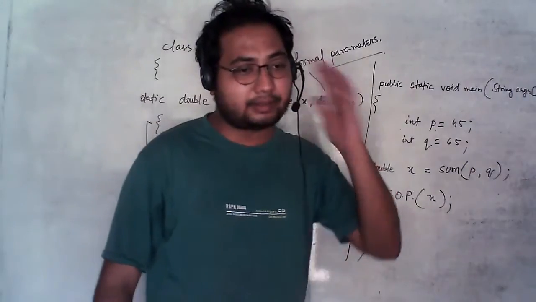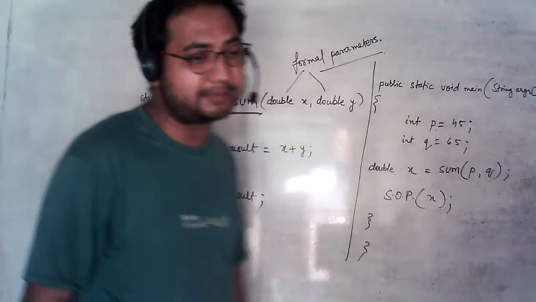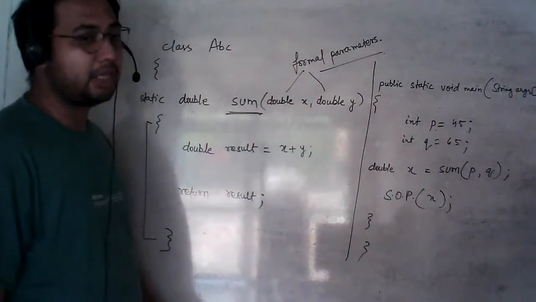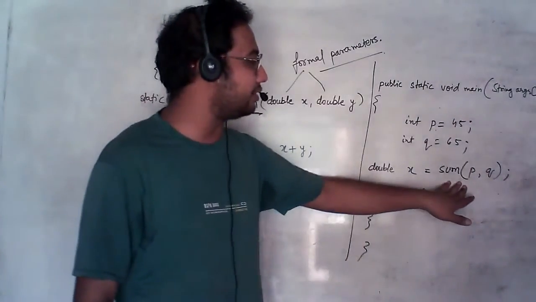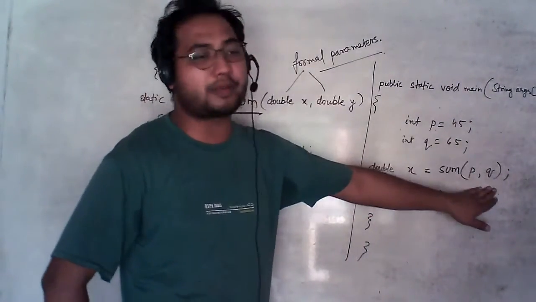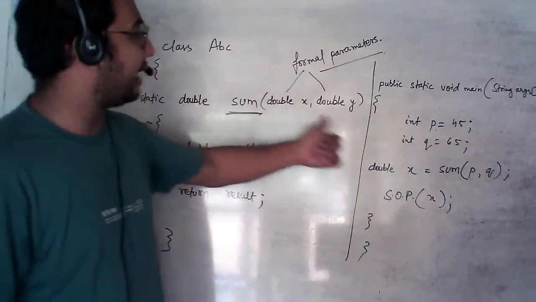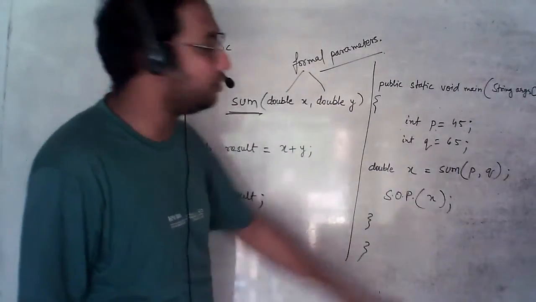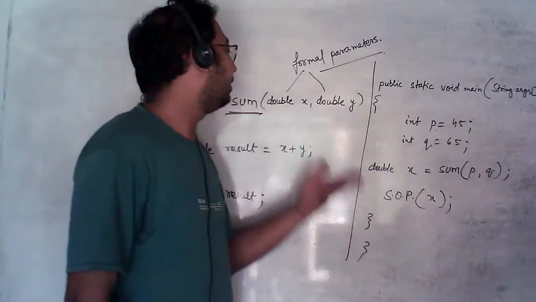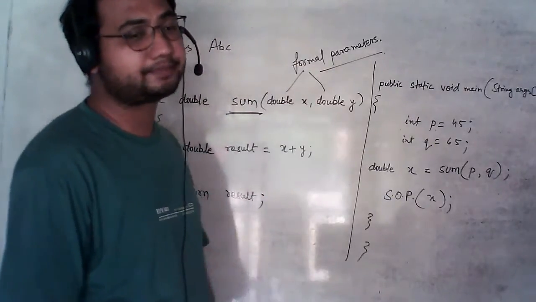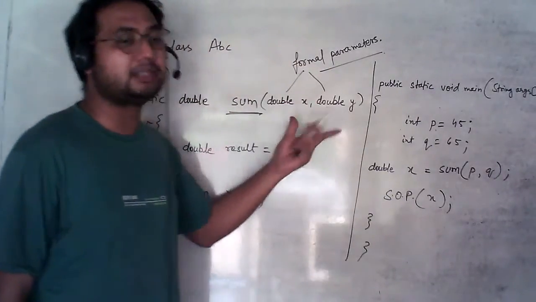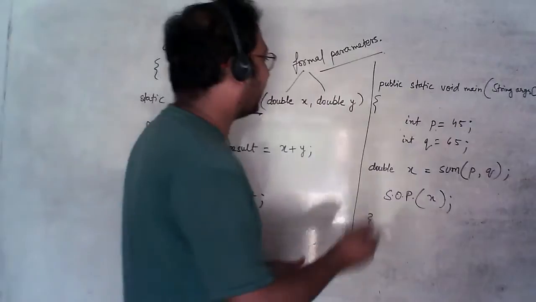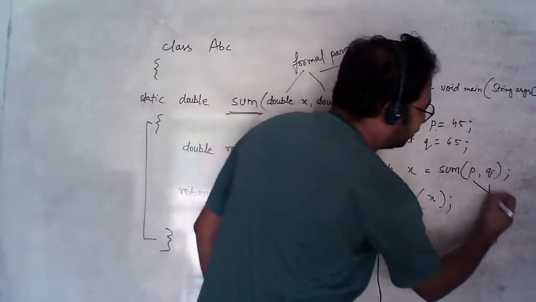Suche Verma is asking, sir, what will happen if we do not pass parameters? It's all right, beta. No need to pass the parameter. It is not compulsory. It's your choice. If you want to use the values at runtime, meaning you want to use it over here, and at that time you want to pass the values, then you should have the parameters. And if you don't want that, then no need to pass the parameters. If you don't want to pass parameters at the using time, then don't pass the formal parameters. If you have already passed formal parameters, then it becomes necessary for you to pass the parameters at the using time. And I have already told you these are formal parameters and these are actual parameters.